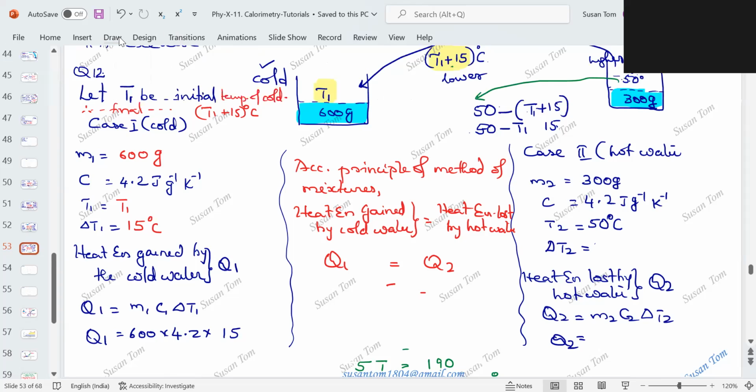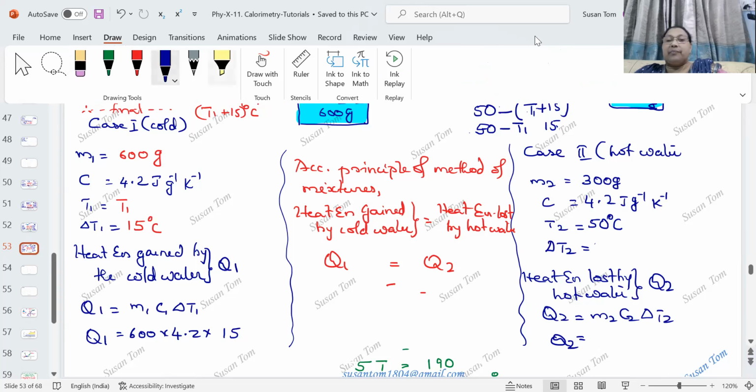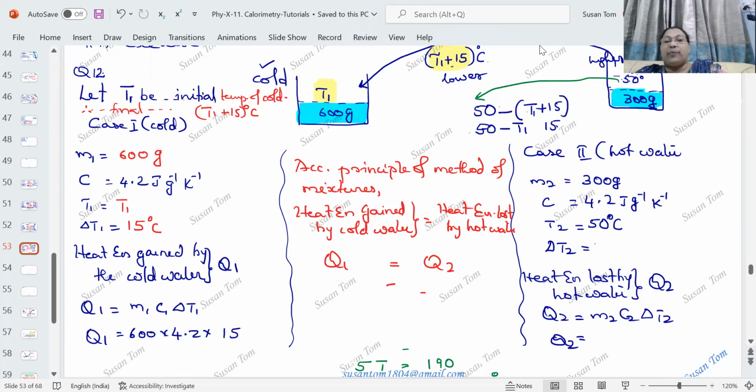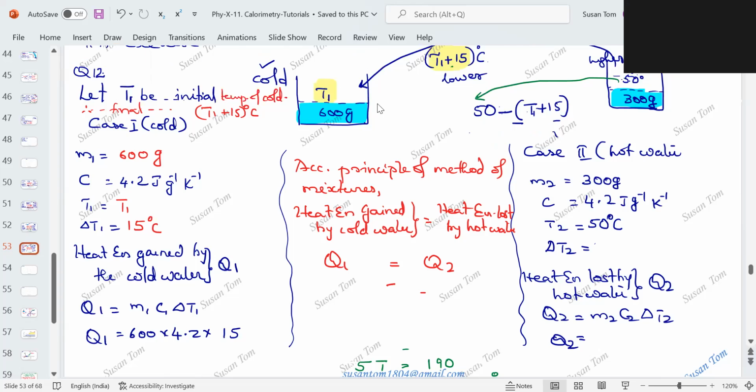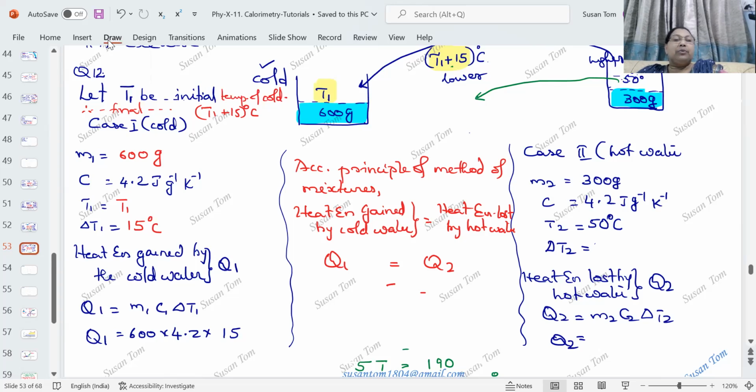Yes, now what expression is being formed? Tell me. 50 minus, I'm opening the bracket. This minus will go for T1. This minus and this plus will go here as a minus. So minus will go to both, right? Now 50 minus 15 first. What is it? 35. 35 minus T1. Yes or no? So the delta T2 is